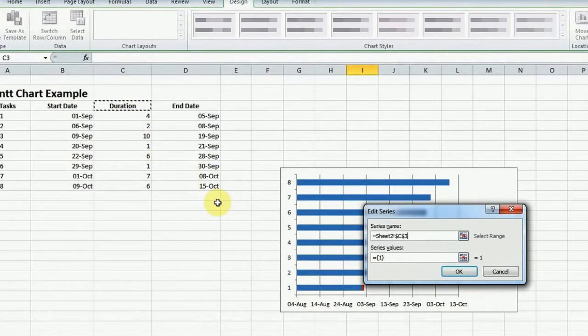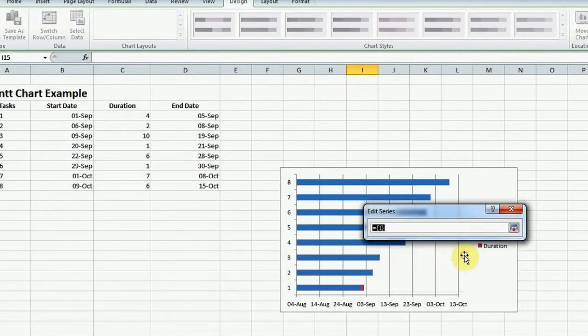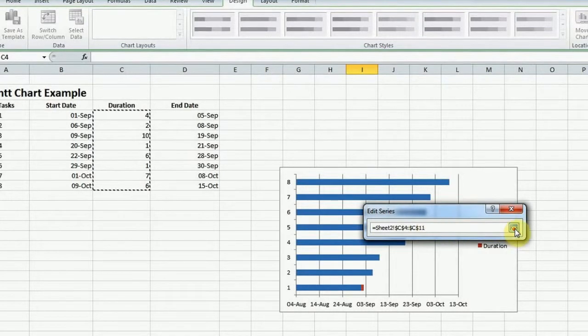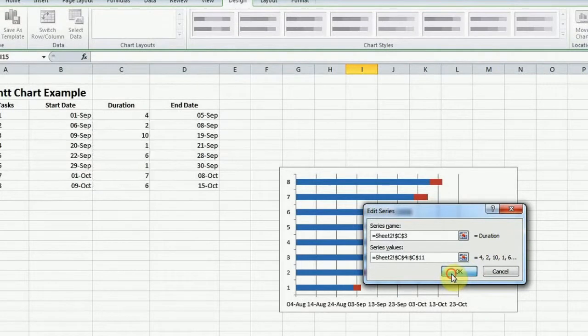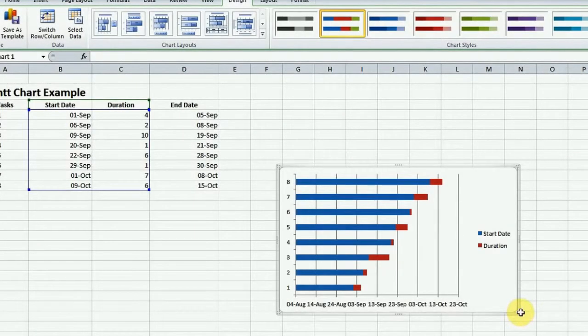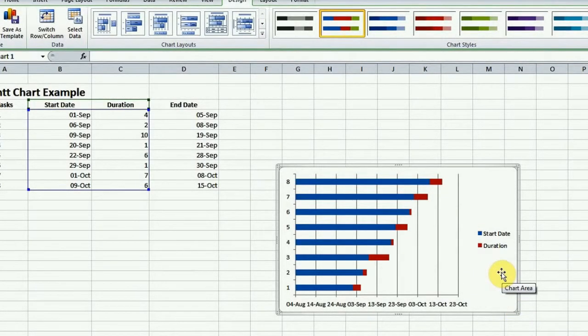To add table values, click on the Complete button and highlight the table values and press the Complete button on the Edit Series menu and then press OK. The Gantt chart includes the start dates and the duration now.